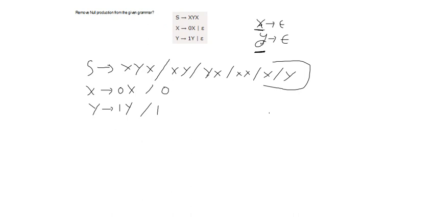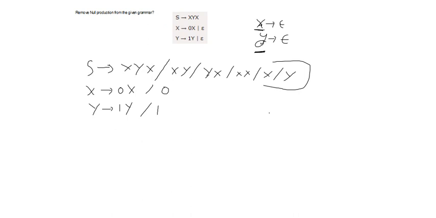So if you are simplifying the grammar, we should always start with the useless symbol, then null production, then unit production. Because once you are removing useless symbols, we are not replacing anything. But whenever you are removing null production, most of the time you may get unit production on the right hand side, because this type of situation may come: S implies XYX, and both X and Y are null generators. You will be considering those things as null, then the rest of the variables will be in the right hand side.